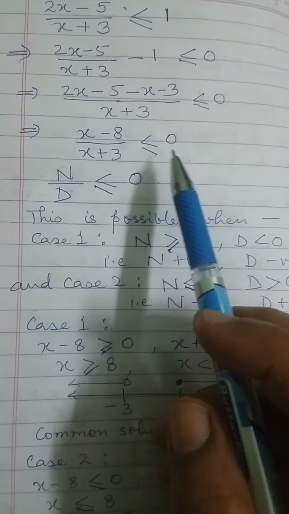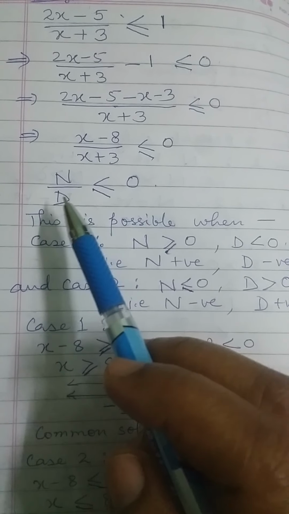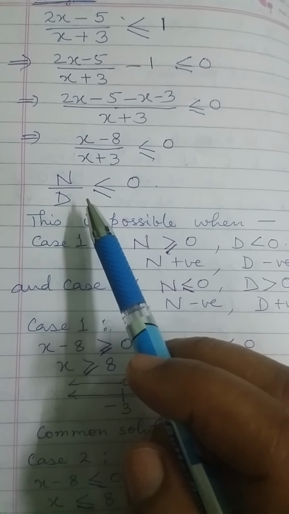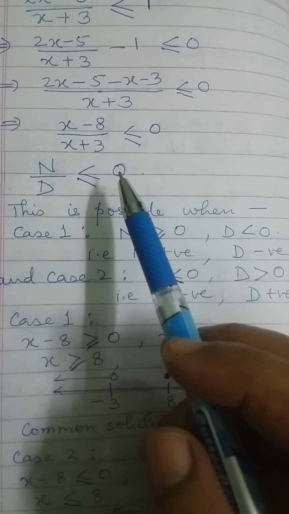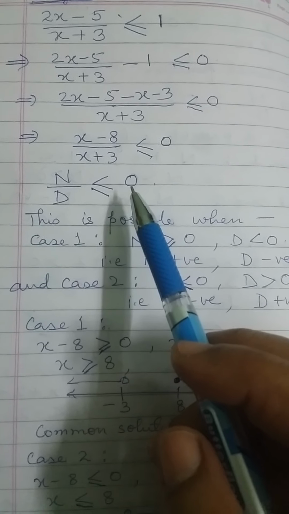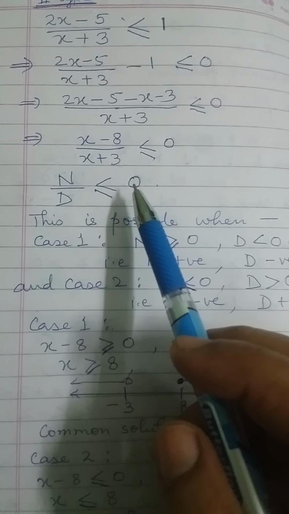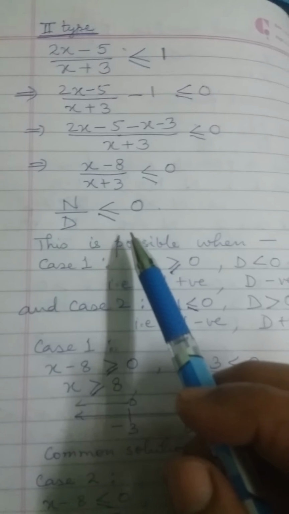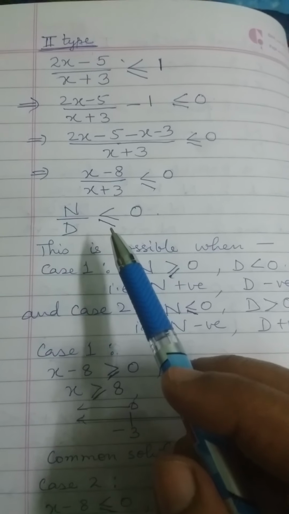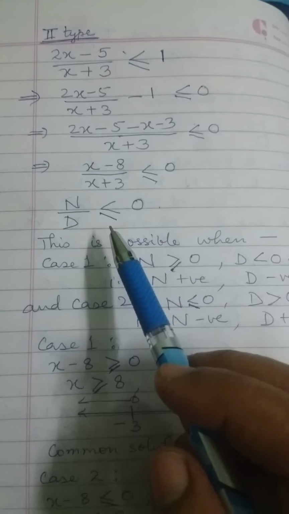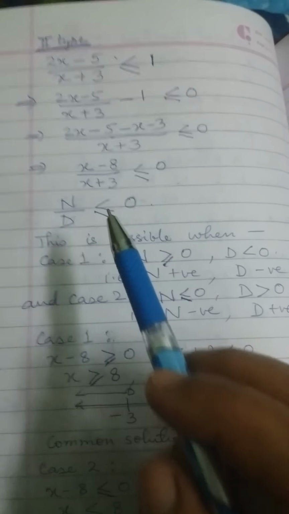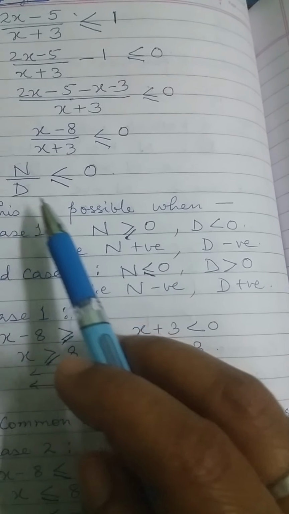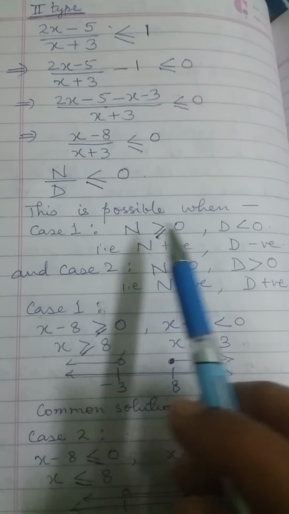to 0. This means numerator upon denominator is less than equal to 0. Means rational function is negative, or you can say non-positive, because it is less than equal to. Right? Now here we have the equality sign also. So this also has to be kept in mind. So how is it to be kept in mind? To see, this rational function will be less than equal to 0 again in two cases.